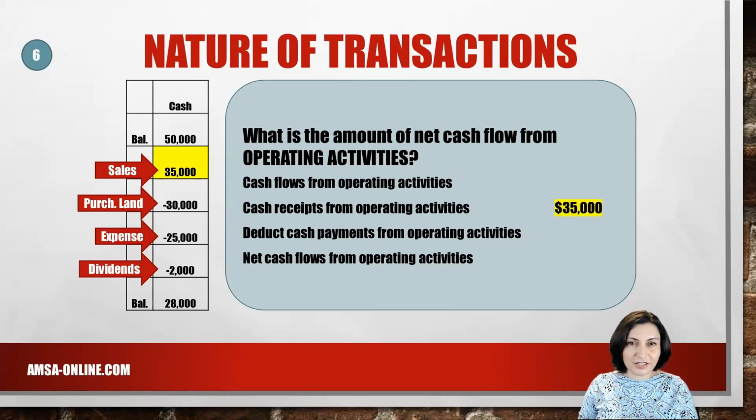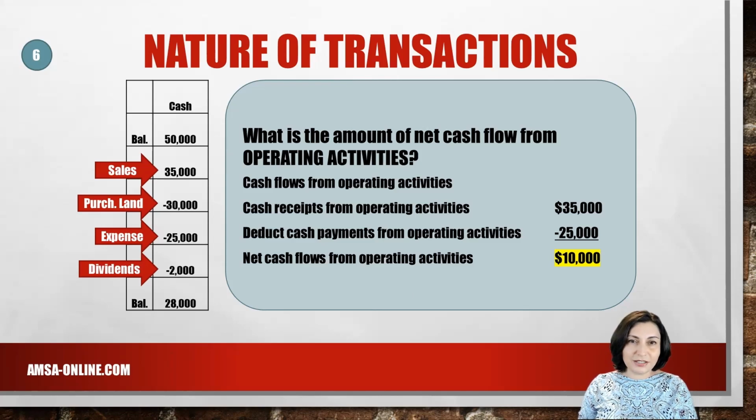The cash receipts from operating activities are $35,000. The cash payments from operating activities equal $25,000. By subtracting $25,000 in operating cash payments from $35,000 in cash operating receipts, net cash flows generated from operating activities